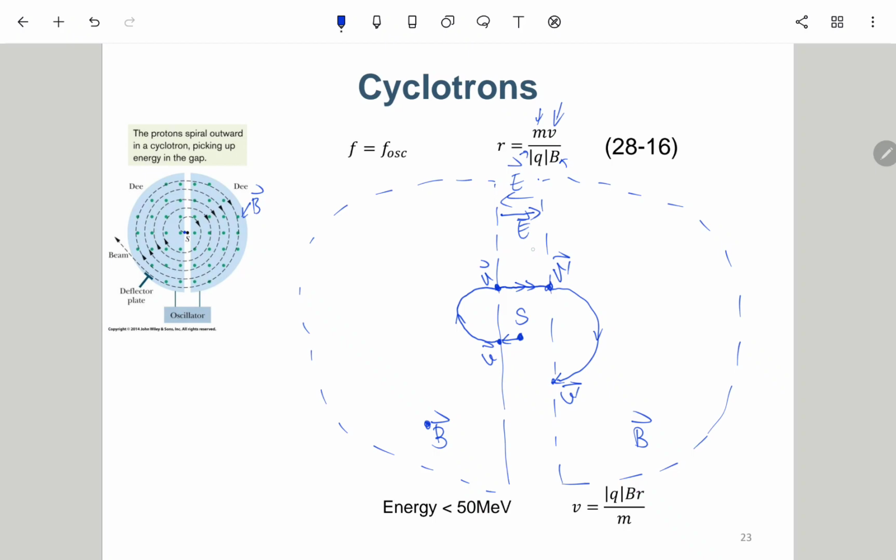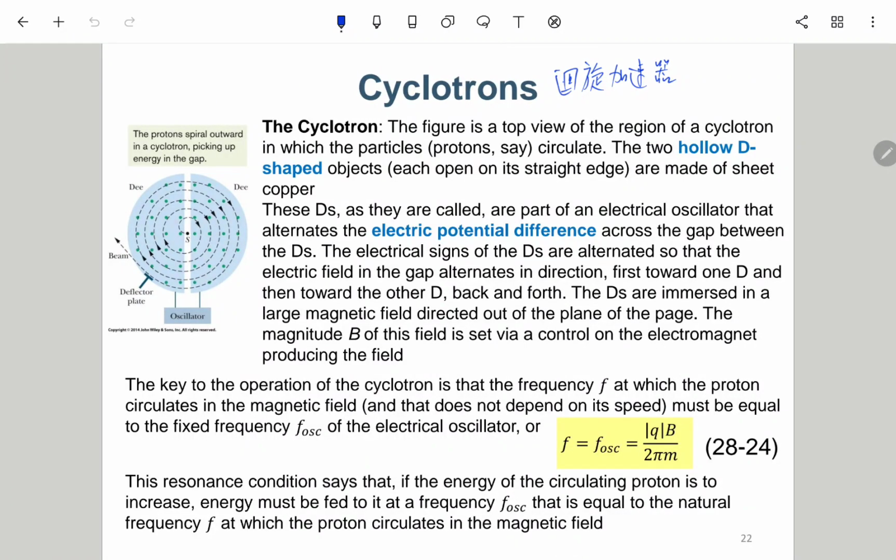At this part, we alternate the E field again, making it point to the left side, so there will be an acceleration pointing to the left side again. So it becomes v double prime. Then it will have another circular motion with an even larger radius, with v double prime, and so on and so forth, until it reaches the radius of the disk. Then it cannot be further accelerated. 那大概就是这个原理。